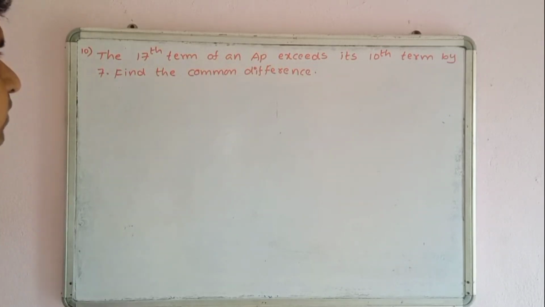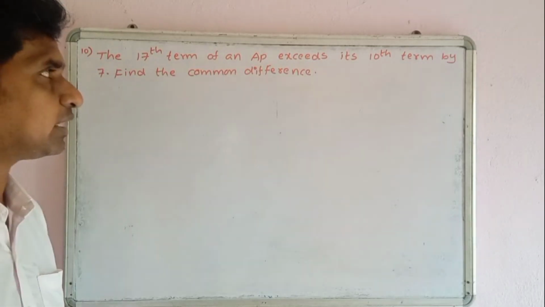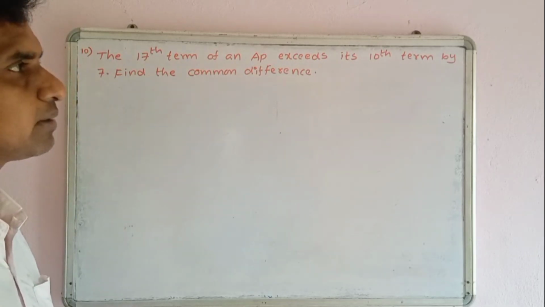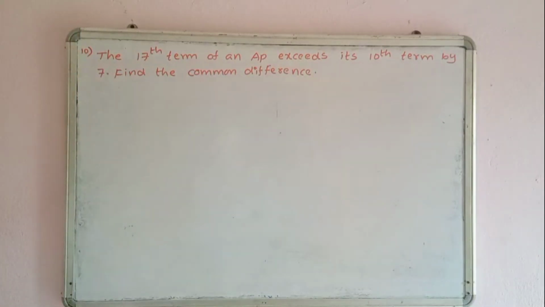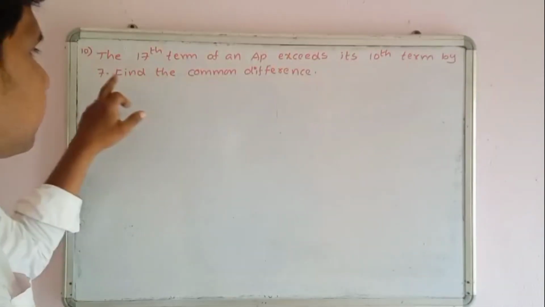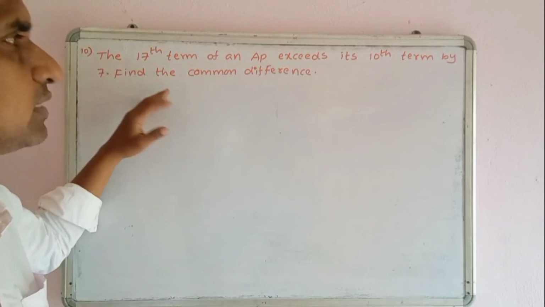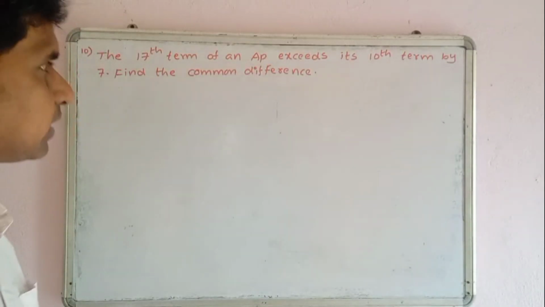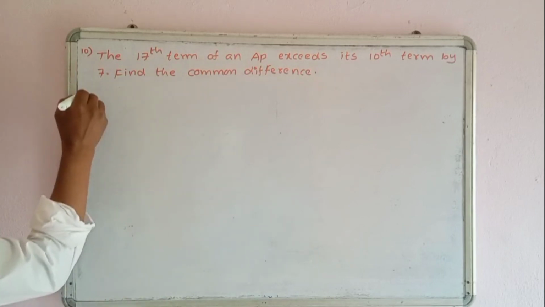Problem 10. The 17th term of an AP exceeds its 10th term by 7. Find the common difference. 17th term 10th term కంటే 7 ఎక్కువ ఉంది. అయితే కామన్ డిఫరెన్స్ D ఏంటో ఫైండ్ అవుట్ చేయాలి. కామన్ డిఫరెన్స్ ఇస్ నథింగ్ బట్ D. Okay, see. Given